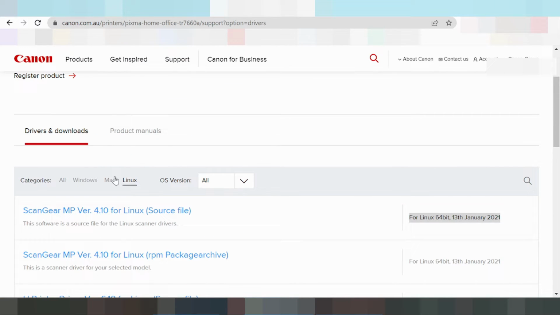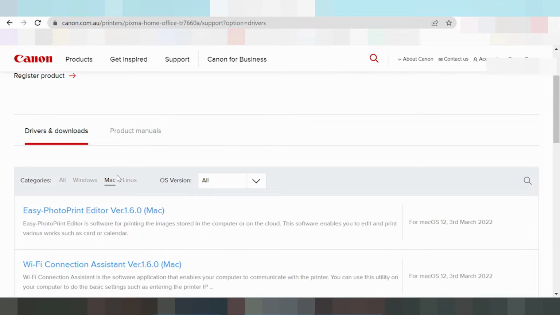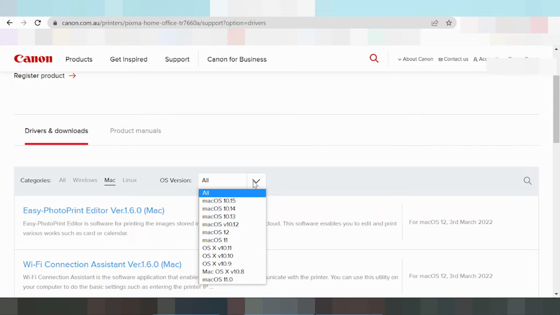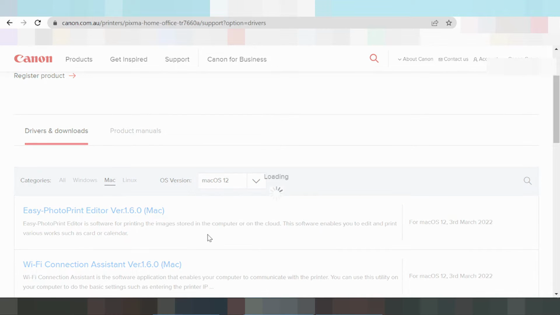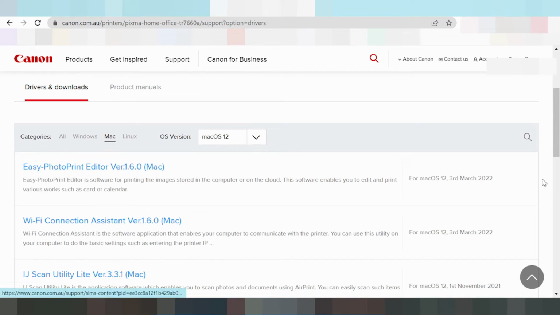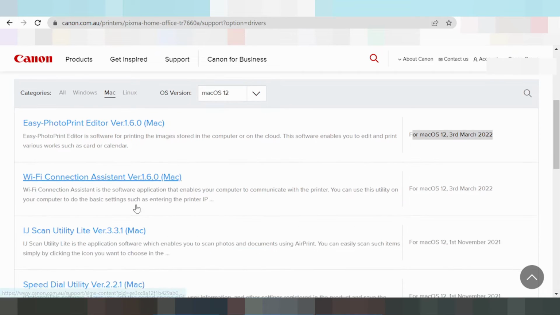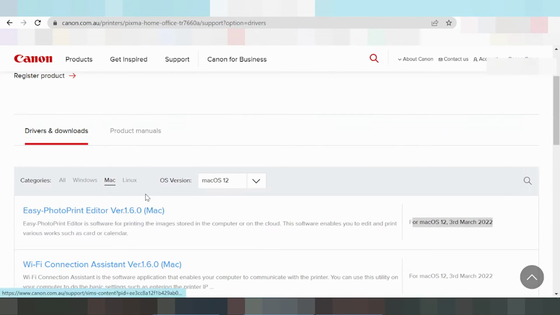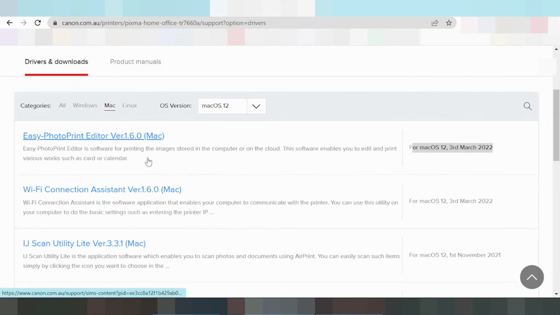Okay, this here is for Mac OS, for the Mac operating system. For the version, you click here. This here is the new driver for Mac 12 and Mac 11, and here you look at the release, and this here is the driver for Wi-Fi connect, the G scan and speed, and the easy print editor, and this here is the complete driver for Mac. Okay,